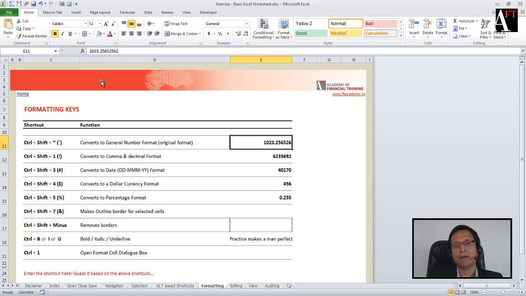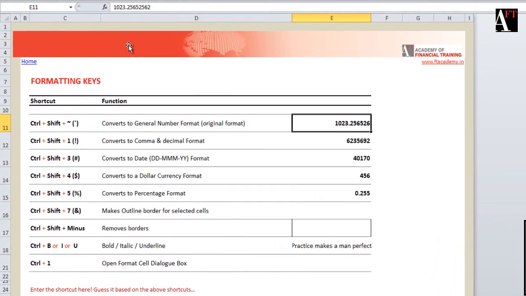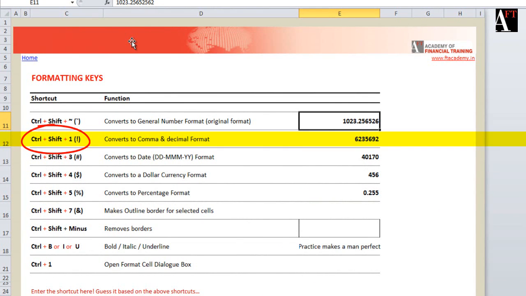Now to convert a number into a number format with separators for thousands and millions as well as two decimals, you can press Control Shift and 1 key. So Control Shift 1, and now you can note that I have a comma format where I have a thousand separator and I have two decimals in this case. I'm also applying that to this one. So Control Shift and 1, and now you can note that there are two decimals and thousand separators included,